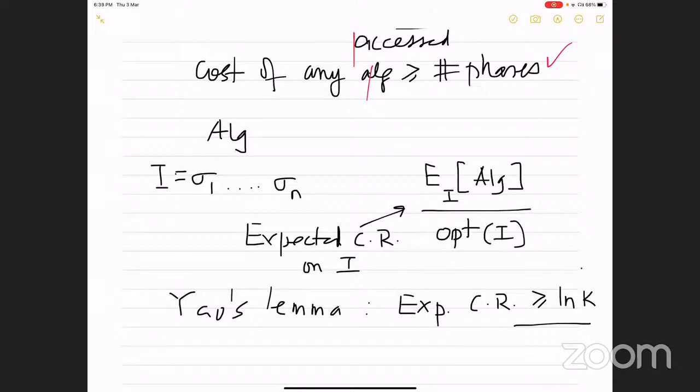For some algorithm, if we know the expected competitive ratio, can we say something about the competitive ratio in general? If the algorithm is a randomized algorithm, and for the deterministic one, will it be at most some exponential or something? No, I don't know any such connection. I don't think you can say anything.